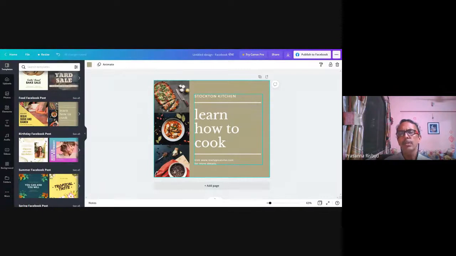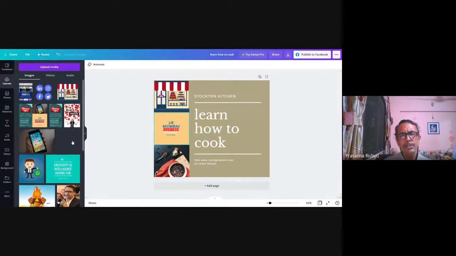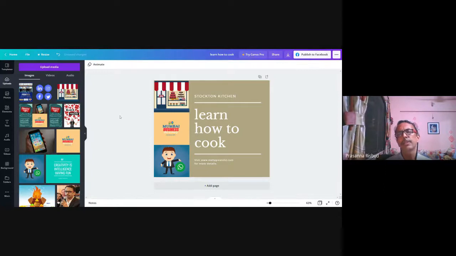Now, how to change all this content? It's simple. The text, you just have to double click and edit. Images, you can directly superimpose your image on this one. You can go to uploads and upload your own images which you require for designing content posting. For example, this image I have already uploaded. I just have to drag and drop the image on the image over here. It's as simple as that. Whichever image I require, I'll just drag and drop. See, all three images have been replaced immediately.